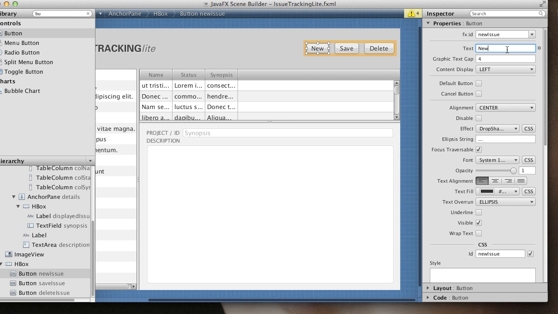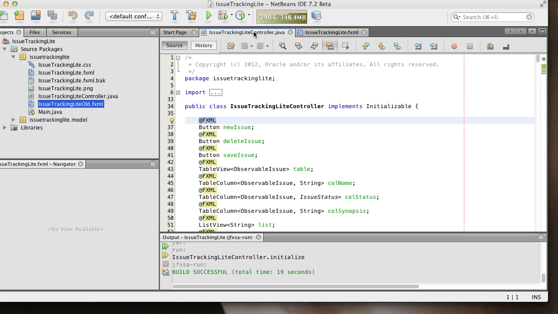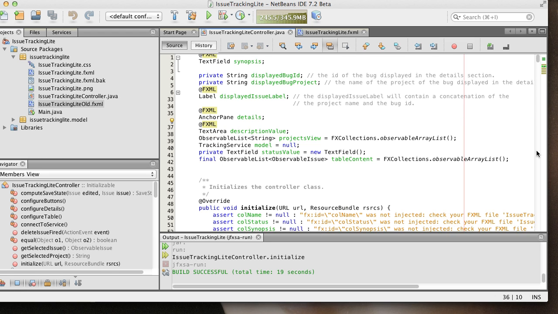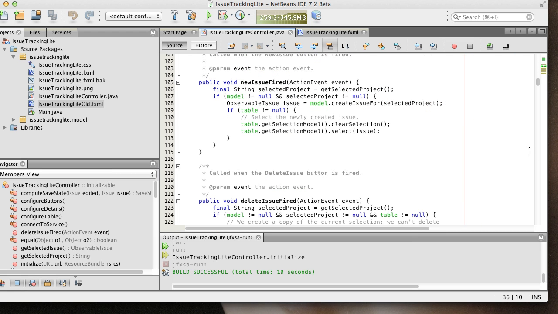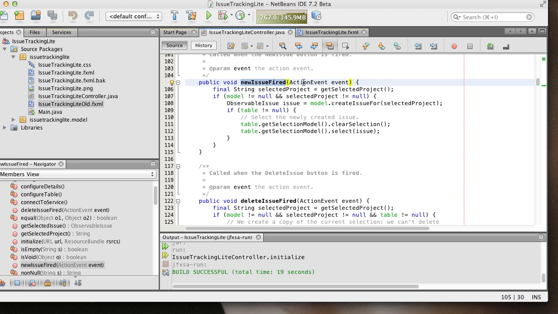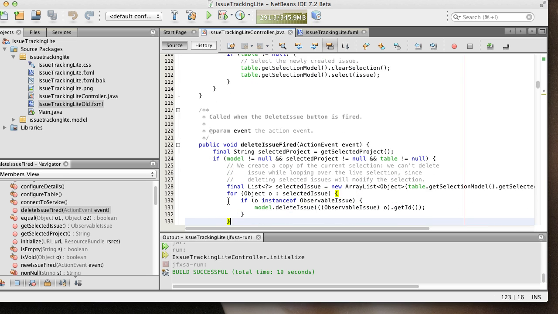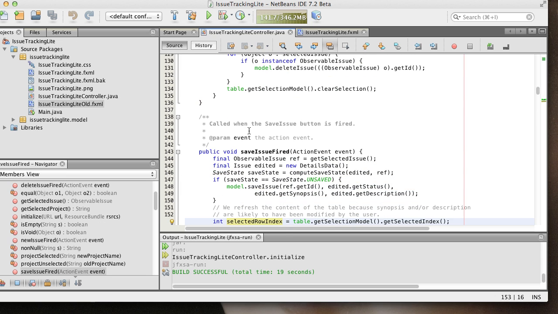So what we're missing right now is just the actions that are going to take place whenever you click one of these buttons. If we go back to NetBeans to the controller, we can see that we have a few methods here. We can see initialization, we have new issue fire, which receives an action event, and it's a void method, it doesn't return anything. We have delete issue fire, again action event, void, and it doesn't return anything. And the last one, save issue fire. So these are the methods that could be used